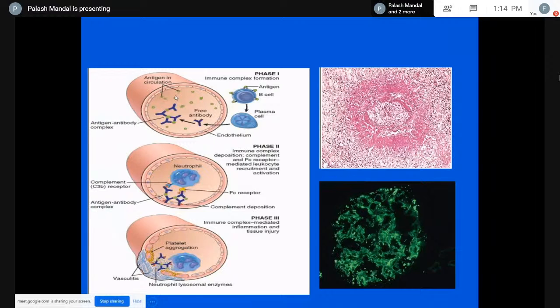This is the cross section of the lumen of the blood vessel, and this complex was being formed within the flowing blood. It lodged in a particular capillary, and here it started attracting the neutrophils. This is a neutrophil, and this is the antigen antibody complex, also known as immune complex. Okay, so there is the inflammatory reaction, complement deposition, and eventually this inflammation led to the release of granules from